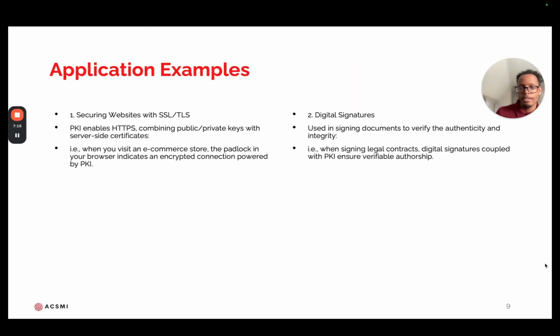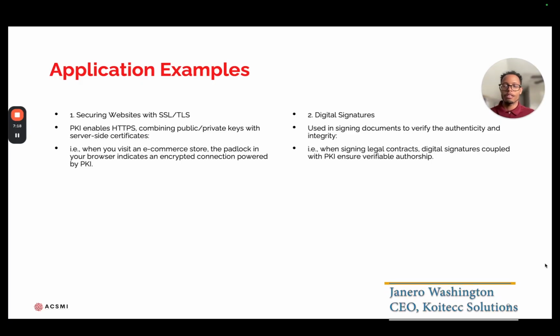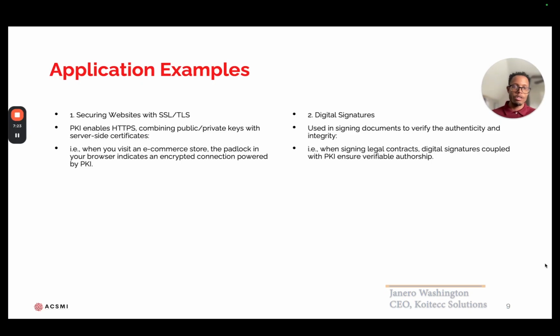An example, and we talked about this pretty much before, but we can kind of talk about it a little bit more. When you're looking to sign something, you're using digital signatures to sign a document to verify that you are authentic and this is actually me and no one's tampered with this email. So when you're signing legal contracts, that's an example of it, right? When you're using digital signatures coupled with PKI, this just adds on this other layer. Non-repudiation is the key here, is the actual term, because you can't deny that you sent something now with your digital signature.